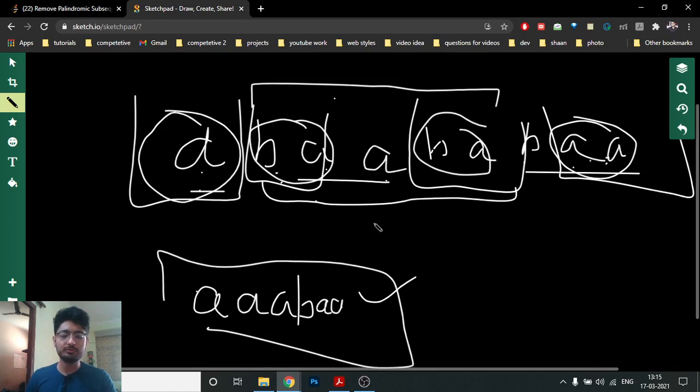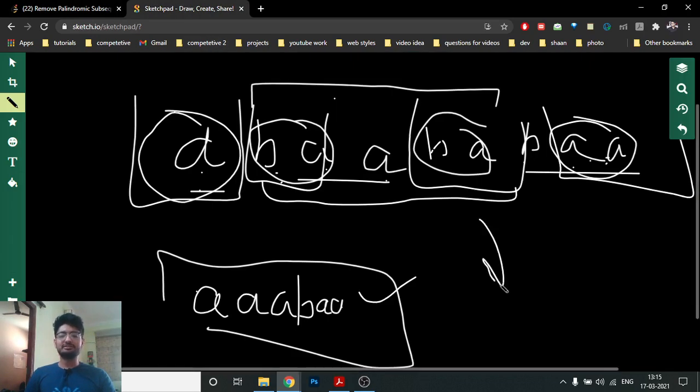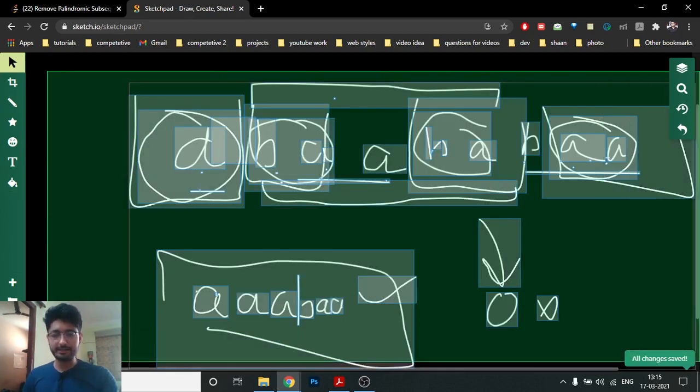So you have to remove some subsequences from this string such that, in how many steps, you can make the string equal to zero, with no remaining characters. I'll tell you again in simple terms.